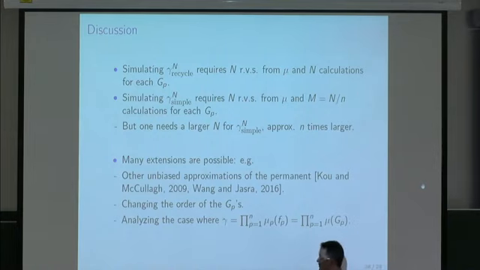There are other simple things you can do. You can look at changing the order of the g's, and something which is, of course, much more difficult to do is to try and analyze the case where you're actually looking at a product of expectations where at least normally you would think of them as expectations of functions of different random variables, or random variables with different distributions. You can, of course, always re-express them as products of expectations with respect to the same random variable, using importance sampling ideas. But you may lose something in doing this, right? Of course, once you do this, you can recycle them, but maybe you would have been better off having the nice random variables to begin with.